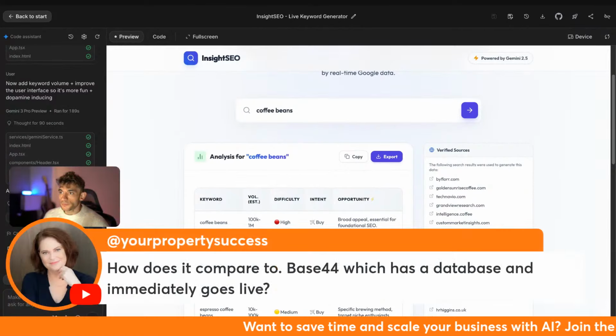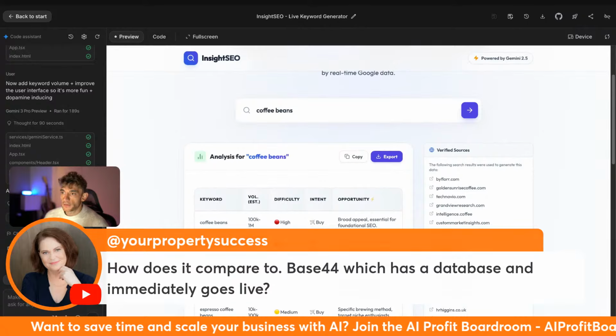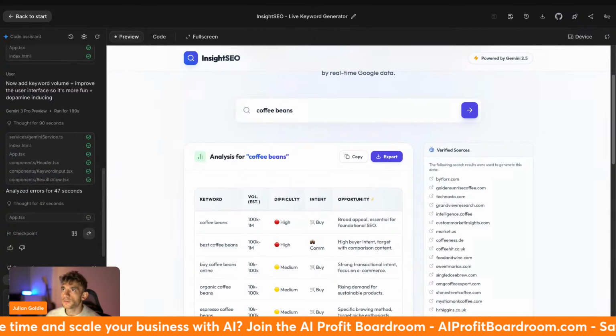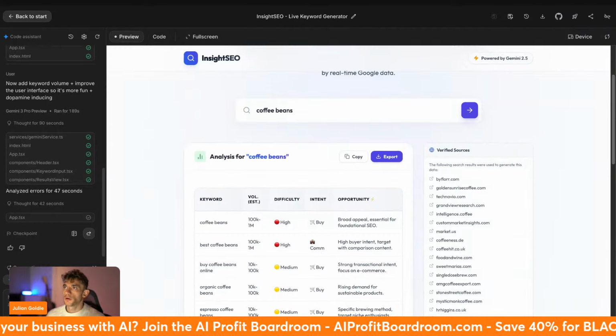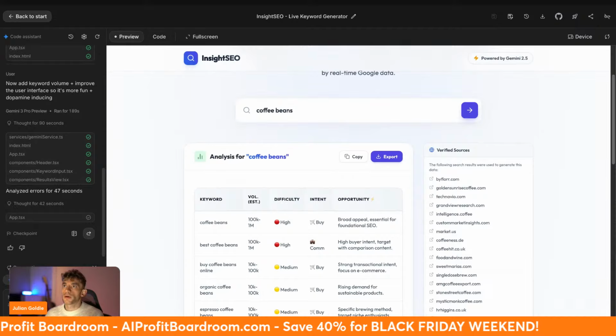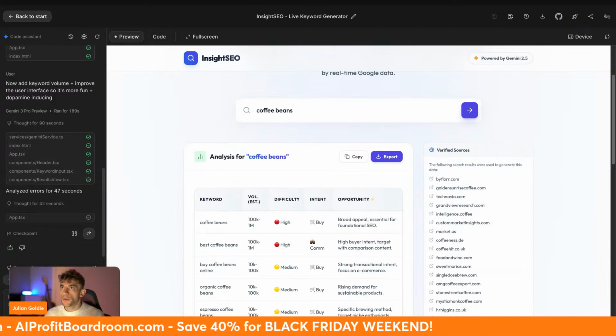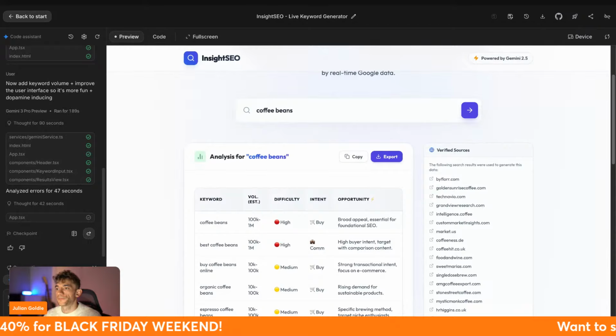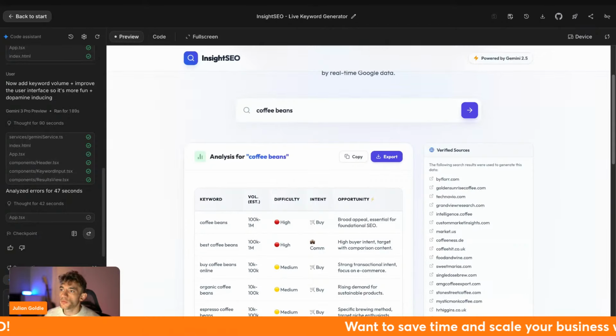So what else we got here? How does it compare to Base 44, which has a database and immediately goes live? I think you can use Superbase inside AI Studio as well. And then you can start building with that, right? So if you want to add a database and that sort of thing, but again, I would say you want something that's simple with AI Studio. I don't think you want to build something crazy on this. However,